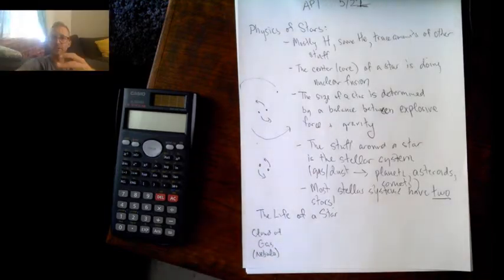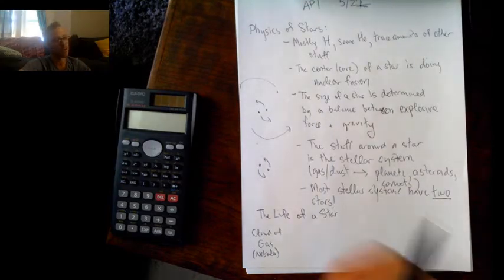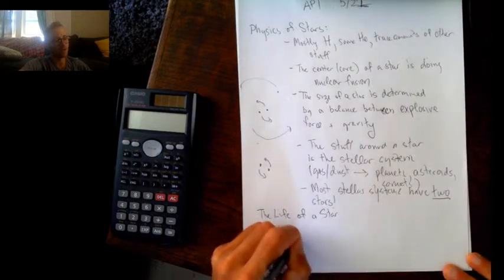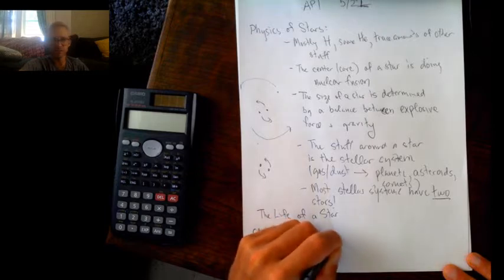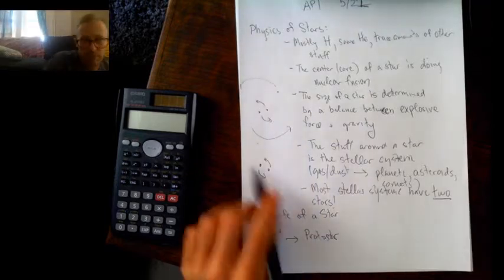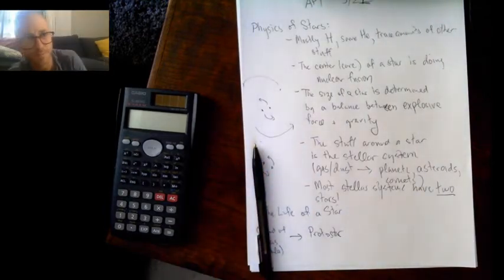Now, as it contracts, the volume of the cloud shrinks, the pressure goes up, and the temperature goes up. And so eventually the center of the cloud gets hot enough that nuclear fusion occurs. And so when that happens, you have what's called a protostar. So that's just a really young star. In order to be considered a star, it has to have that fusion happening.